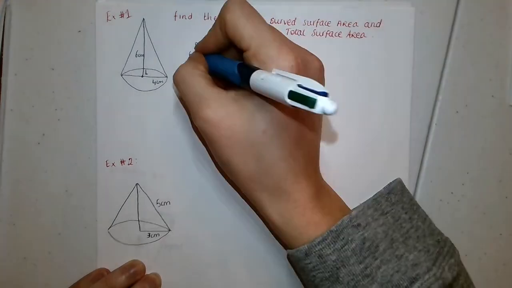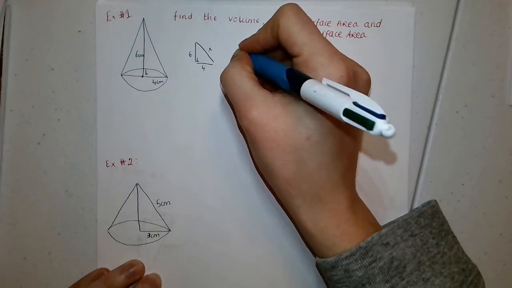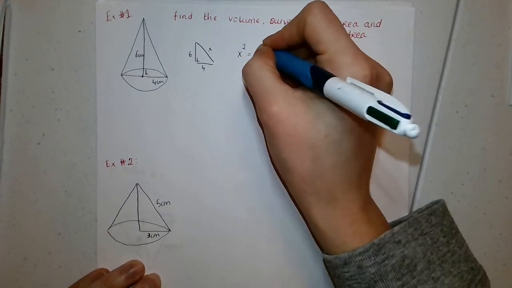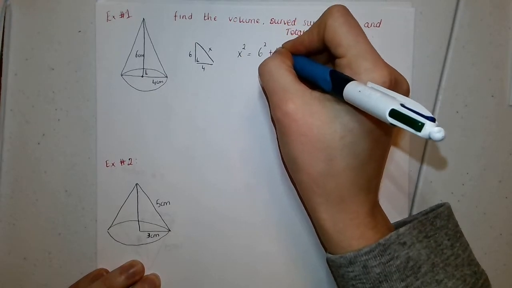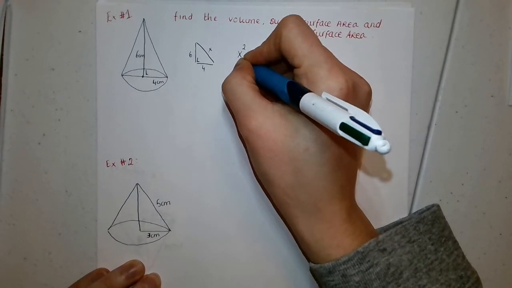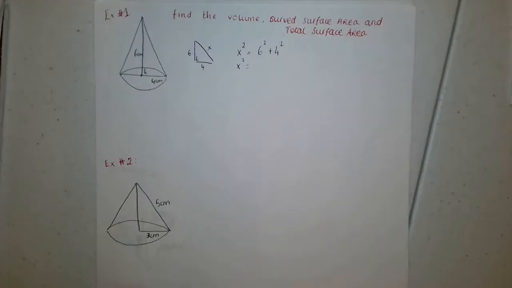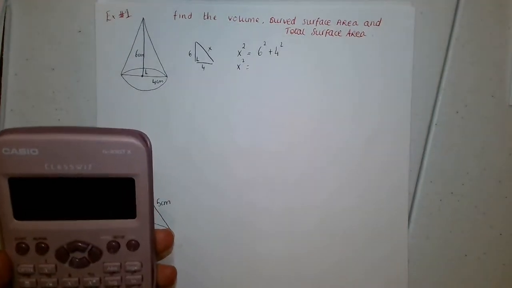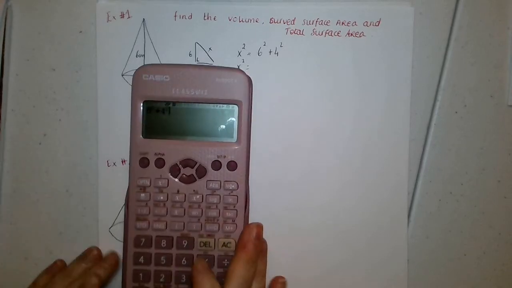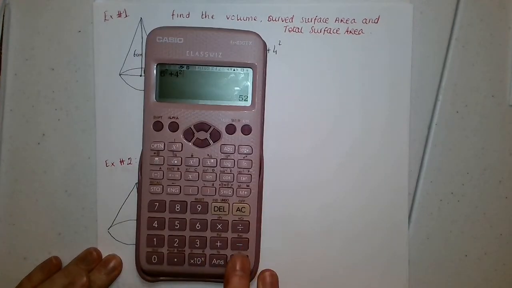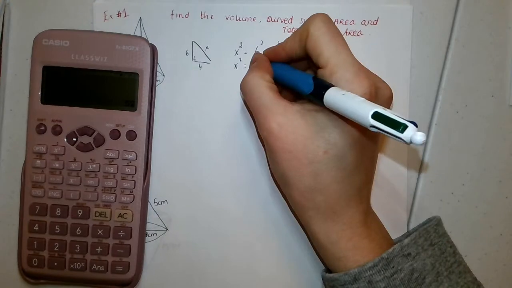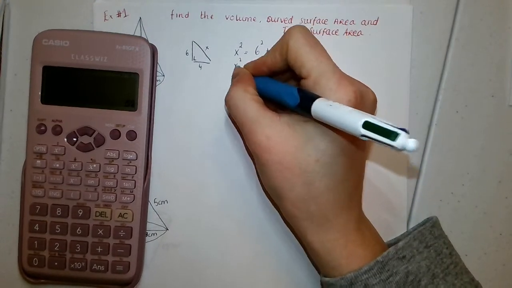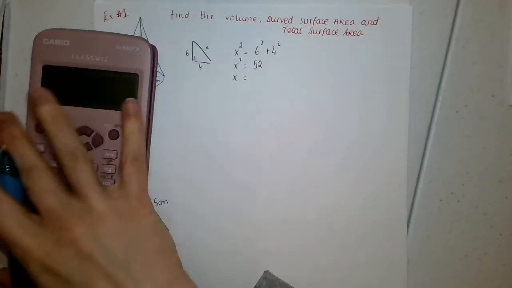So the hypotenuse squared is equal to the other two sides squared. So x squared here is equal to 6 squared plus 4 squared, and we can put that into the calculator like so, and that will give us 52. So x here is equal to the square root of 52,